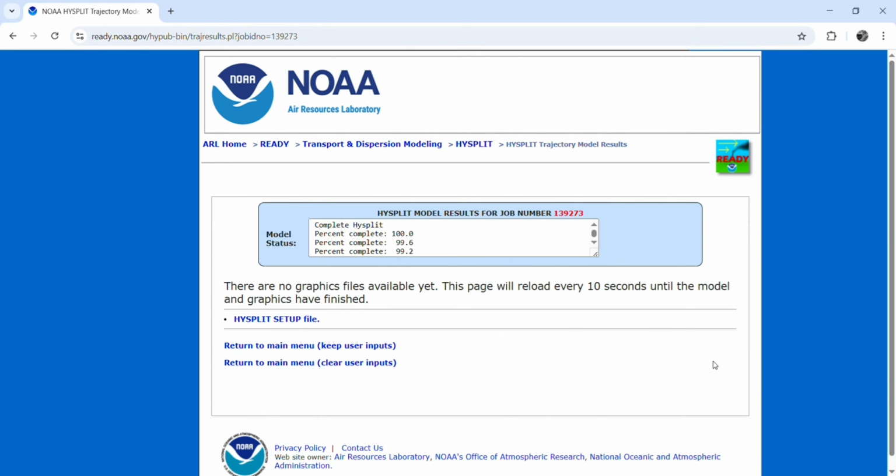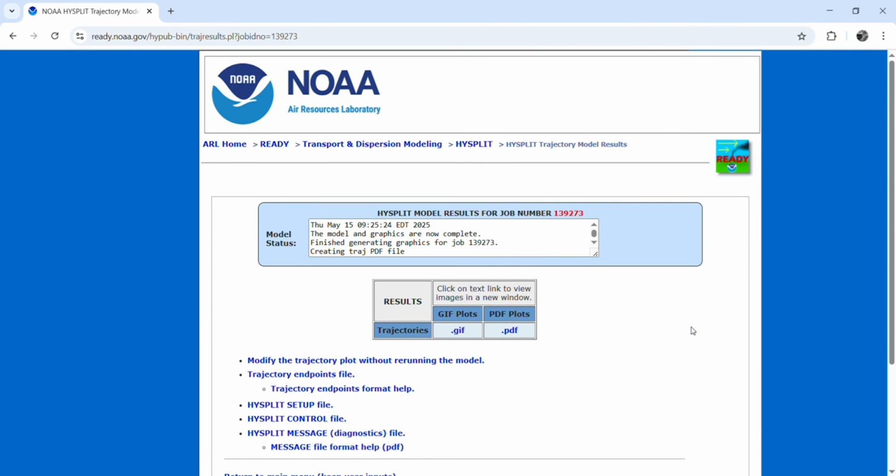Now we have to wait. So this is 100, you can scroll down and see. So these are the percentages. Now after this it says HYSPLIT model results for job number 13, this ID, and then you can see it in the GIF format. Our next videos will talk about how to interpret or understand these plots. Similarly in the PDF,